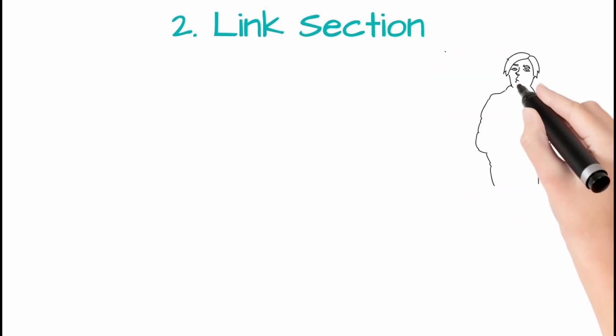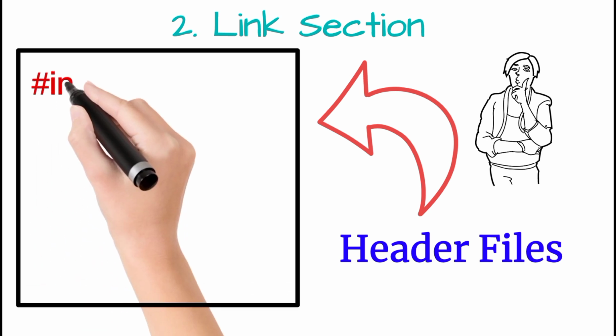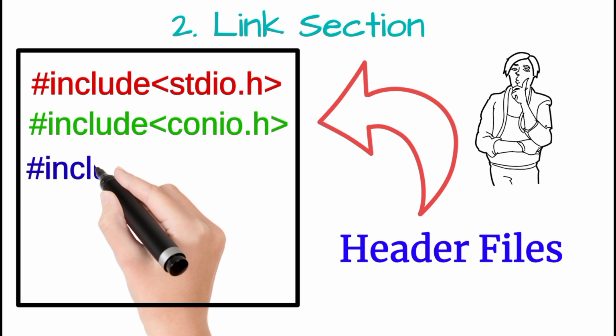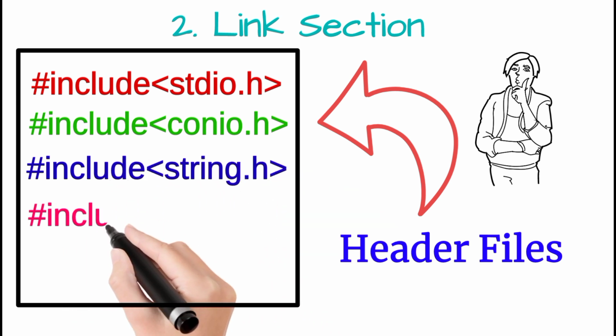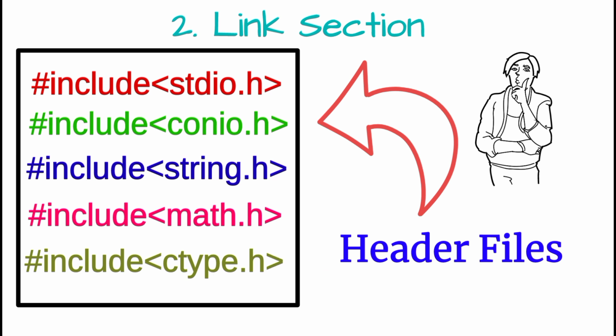Inside this section, you have to include header files like stdio.h, conio.h, string.h, etc. from system library of C program using #include directive and putting them within angular braces. I'll talk about these header files whenever we use them in our program. So link section is quite significant, and one header file must be included before directly writing the codes, because header